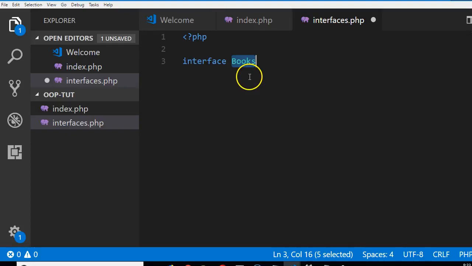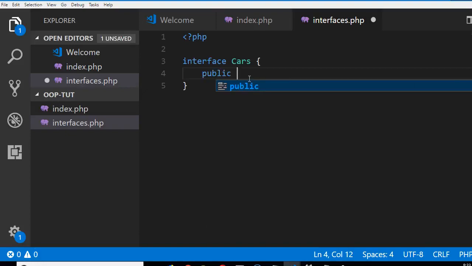I think we should work with, I'm just thinking, cars. Alright? So this interface is for cars. And remember, I told you that in an interface, the functions don't contain anything. They're just like skeletons for any class extending that interface to implement. So we have cars. Remember, everything inside interfaces must be public. Everything that is declared in an interface must be public. So you have public function